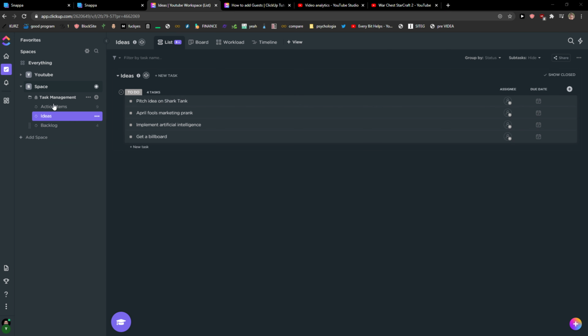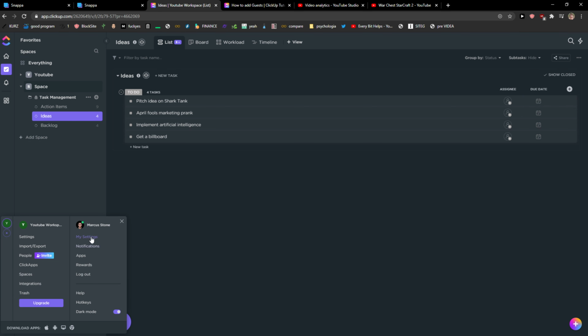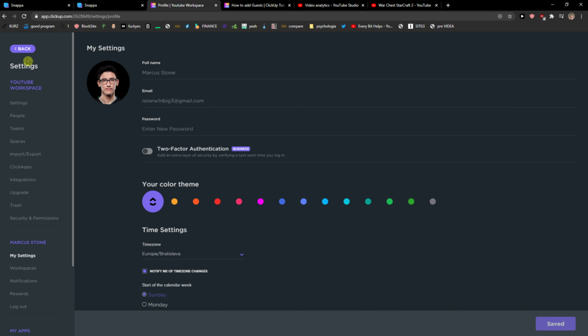The first thing you want to do is just be in ClickUp and then go to the left top corner and you're going to see My Settings. There are actually a few ways how we can do it. There are two ways actually. The first way, you just click My Settings and here you're going to see a YouTube workspace